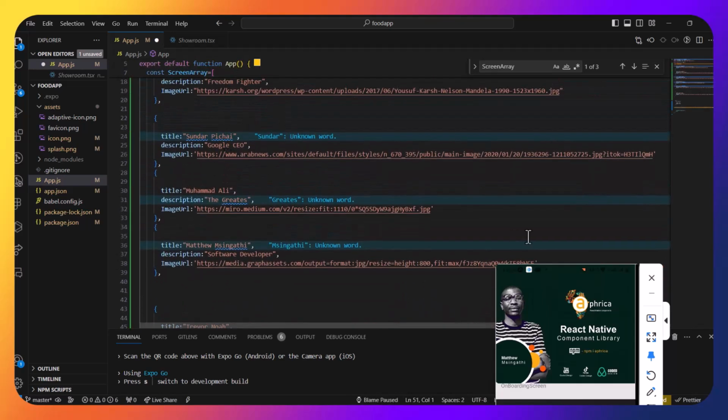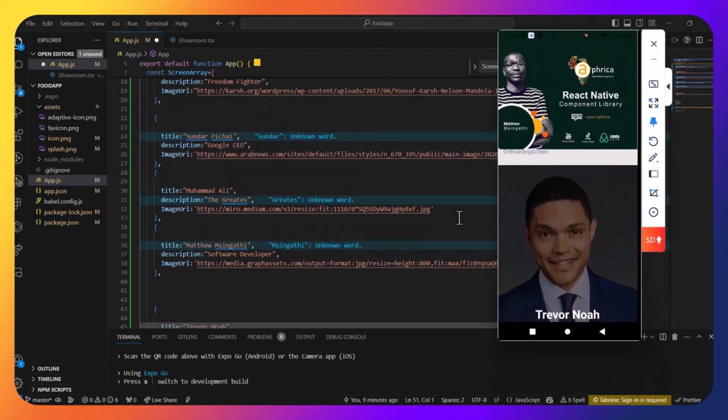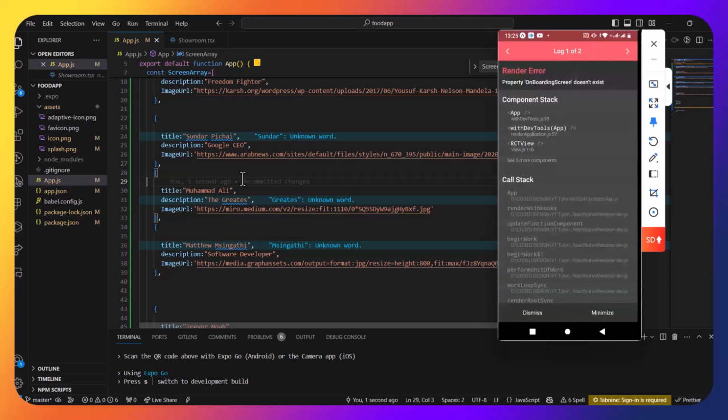Meaning that now this is supposed to be gone, and we are supposed to have an onboarding screen here when we reload. Property onboarding doesn't exist, not a problem, we didn't import